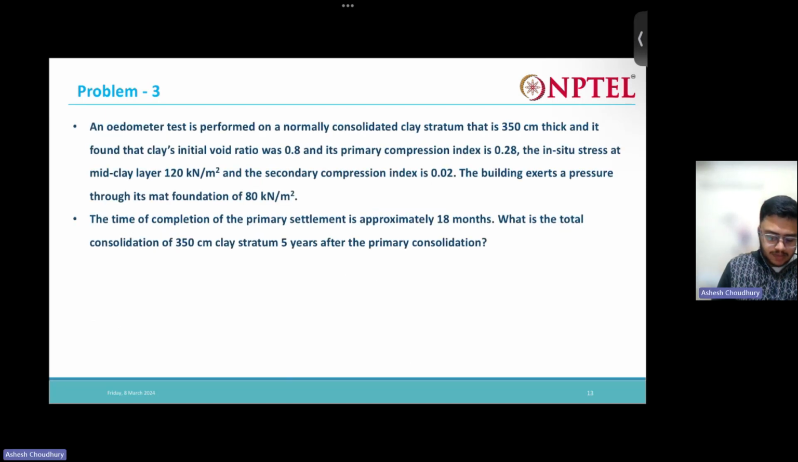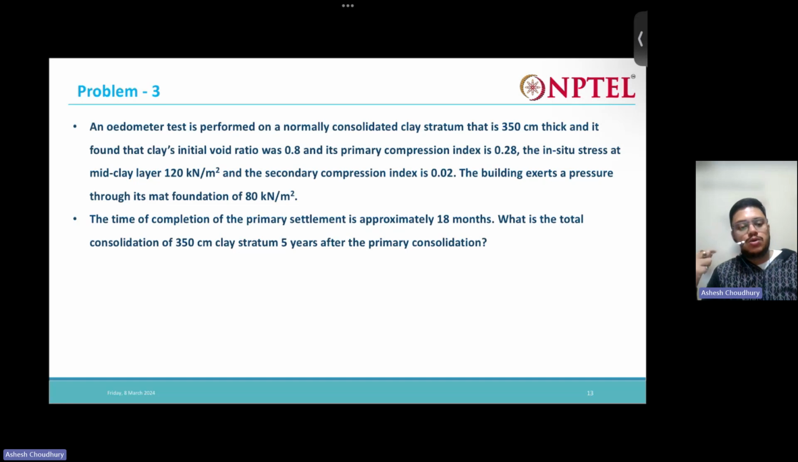Now let us see this. An odometer test is performed on a normally consolidated clay stratum that is 350 centimeters thick, and it is found that the clay's initial void ratio was 0.8 and its primary compression index is 0.28. The in situ stress at the mid